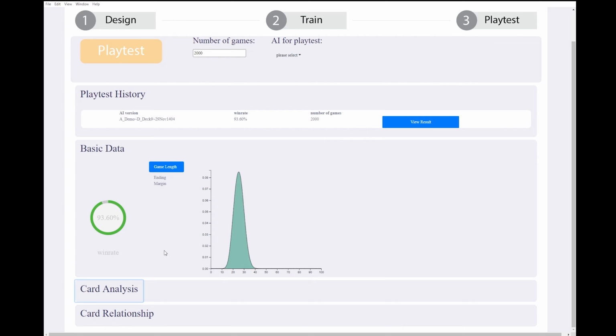And if you want to check how to make this harder, you can remove a couple of cards from the deck, or you can reduce the starting HP of the player, and then you can see what sort of data is generated. So the first thing is the game length that you see over here,